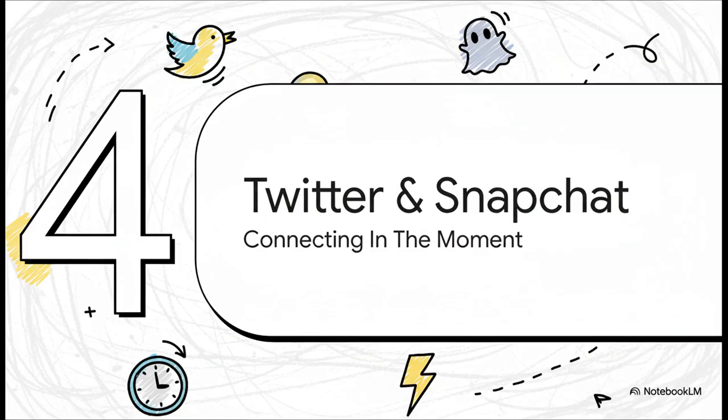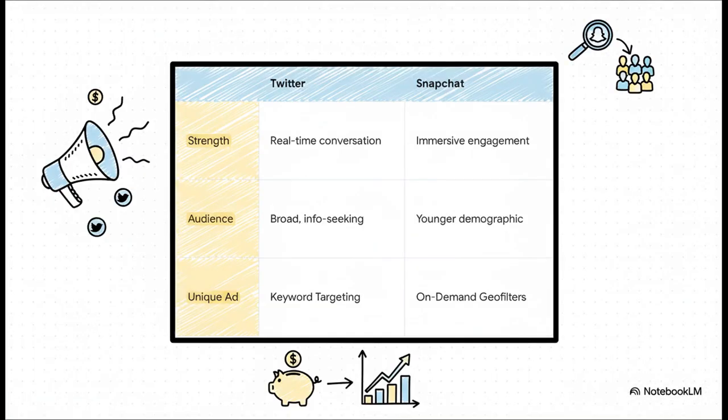And our last group is all about what's happening right now. We're talking about Twitter and Snapchat. These platforms are built for the moment, for that real-time connection. And the difference between these two is pretty stark. You've got Twitter, which is basically the world's real-time conversation. It's perfect for jumping into what's happening as it's happening. And get this, you can target people based on keywords they're using or even target the followers of your biggest competitors. Super tactical. Then you have Snapchat, which is all about this immersive, playful kind of engagement, especially with a younger crowd. We're talking about things like geo-filters and lenses where your brand becomes part of the fun, part of the content they're creating themselves. The engagement is just on a different level.